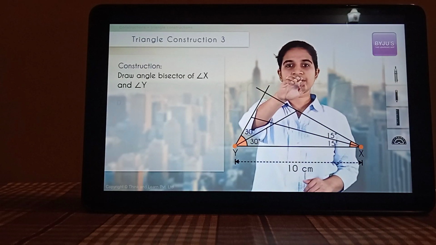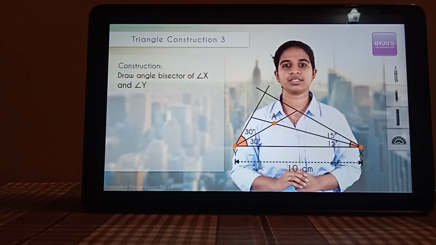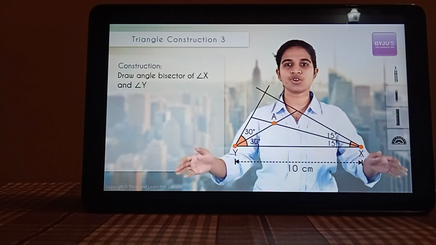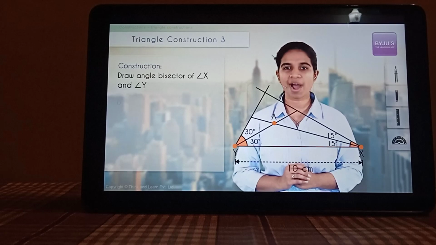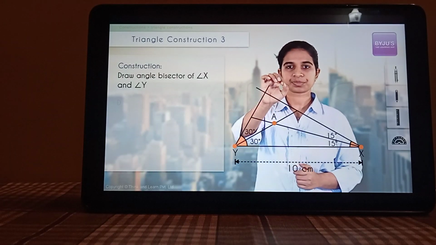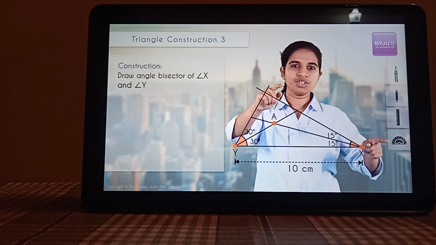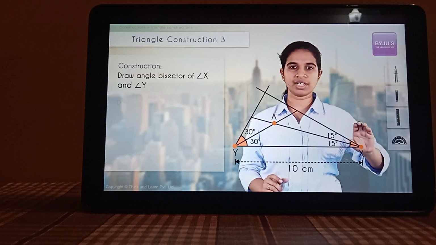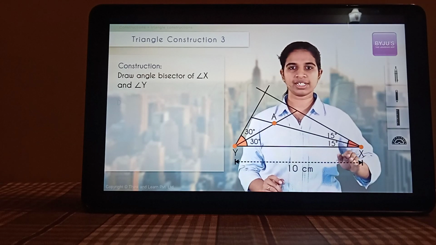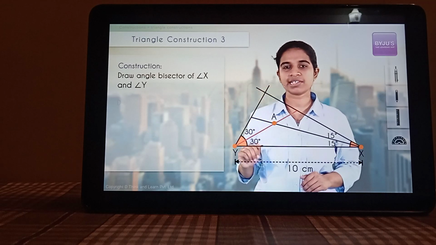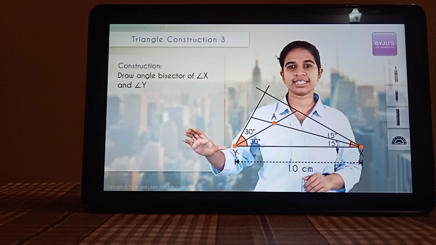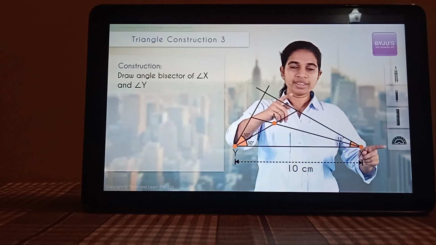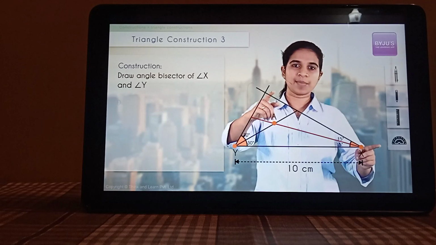Now the point at which these two meet is nothing but point A. You have a triangle ABC, right? This is point A of your triangle, and BC is going to be on this base XY that we've drawn. Now you have this line XA. This is nothing but the angle bisector, right? So if this total angle was given to us as 30 degrees, this would be 15 and this would be 15, correct? Similarly, YA is also an angle bisector. So if this entire angle was given to us as 60 degrees, this would be 30 and this would be 30 degrees.